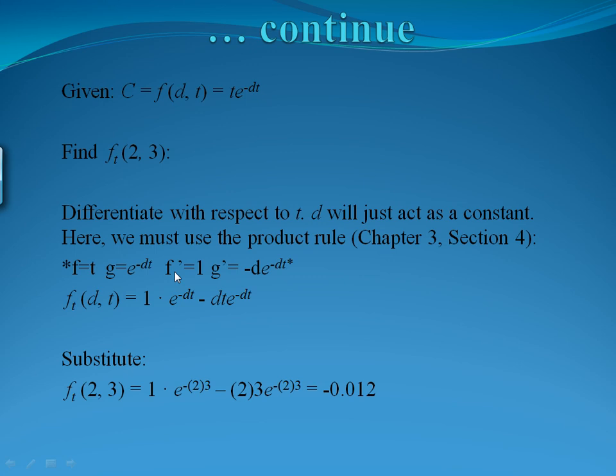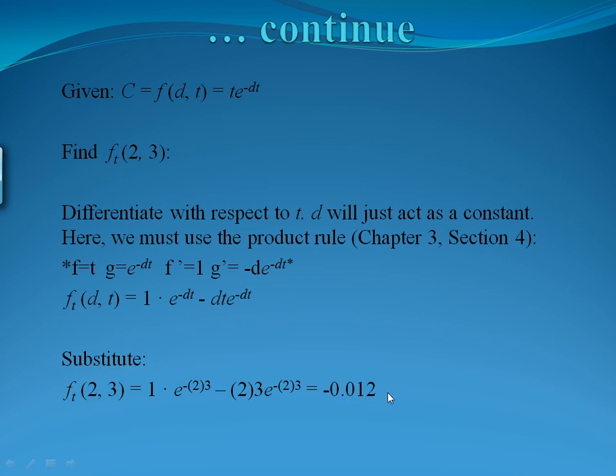Now, our product rule is f prime times g plus g prime times f. Instead of plus, since we have a negative here, we'll write minus dt e to the negative dt. So our general partial derivative with respect to t looks like this. Now again, we want to plug in 2, 3. 2 for d, 3 for t. So we have 1 times e to the negative 2 times 3 minus 2 times 3 times e to the negative 2 times 3, which will equal negative